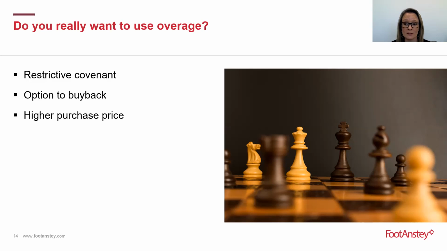there are alternatives, and when you're thinking about structuring a deal, think about what it is that you're trying to achieve primarily out of this deal. Would a restrictive covenant do it, or an option to buy back, or just simply a higher purchase price be a simpler way of structuring the main thing that you're trying to achieve? Absolutely, Becki, and there are always other options. So if you ever need to talk about anything, please pick up the phone.